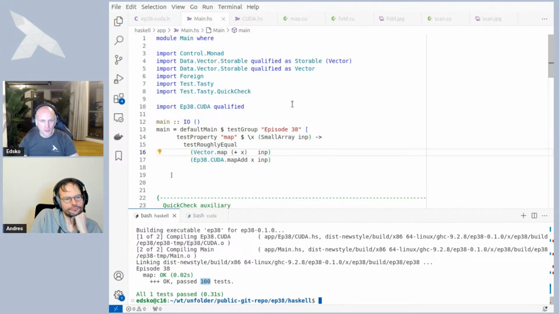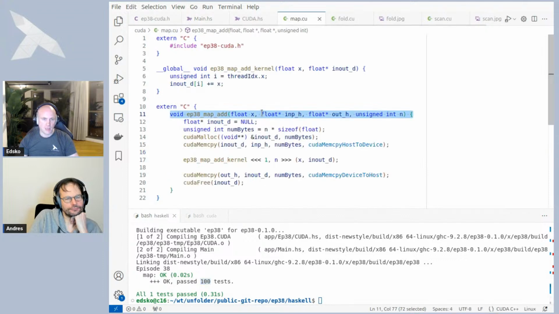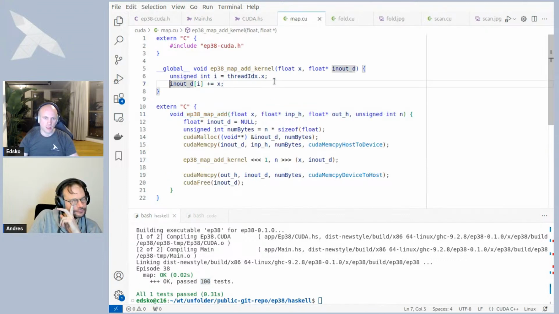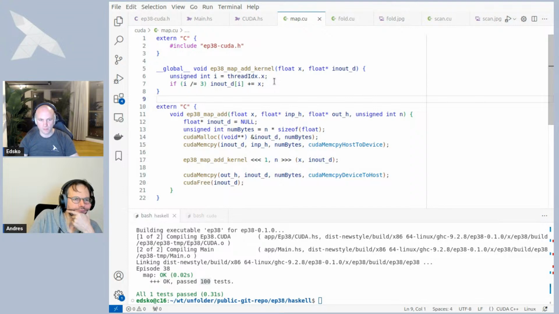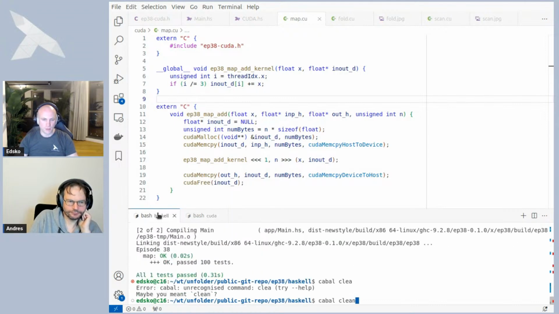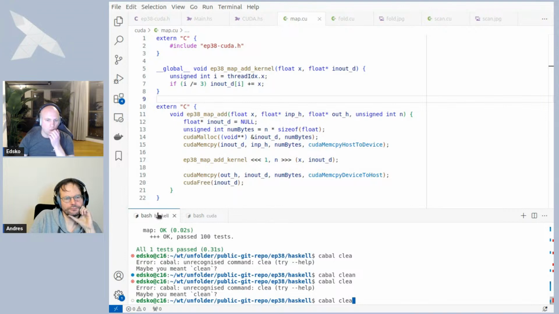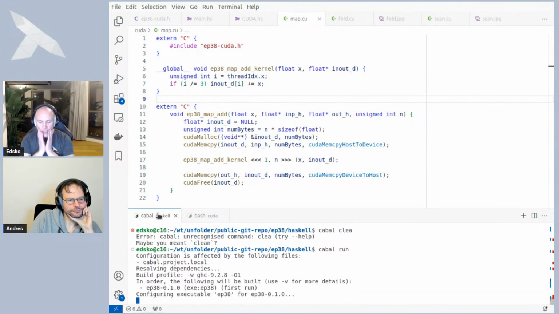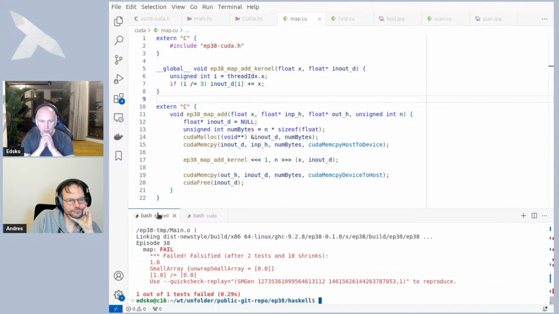Now, just to show you what happens if we introduce some sort of bug, let me introduce a very obvious bug. I'm going to add x to every element except for the fourth element. So as long as i is not equal to 3, I'm going to do this, but for the fourth element, I'm not going to do anything at all. Okay, so let me rebuild this, and then also rebuild and run my Haskell code. Now, when this runs, we expect to get a counterexample. And if you think about it, what should that counterexample look like? Well,